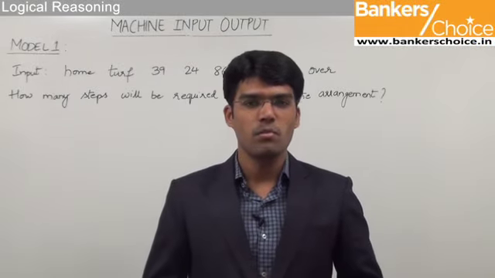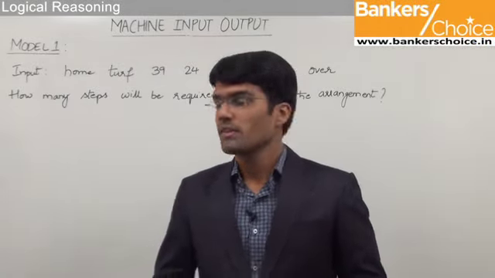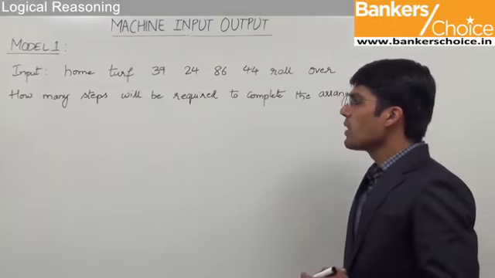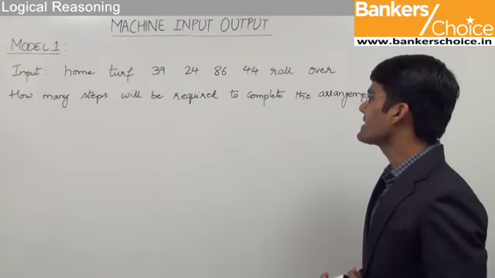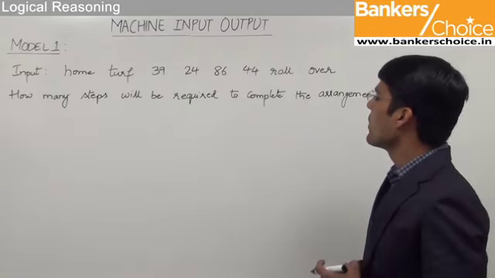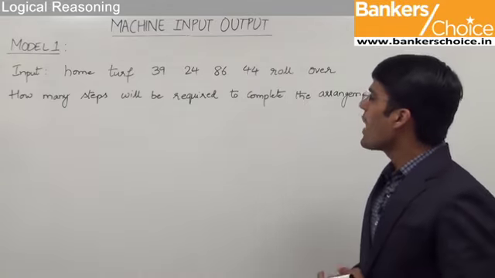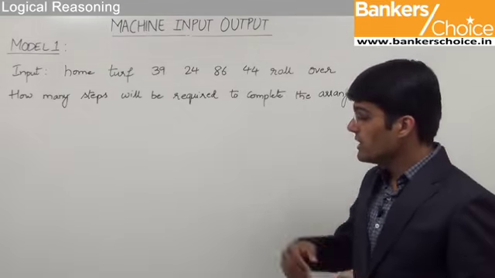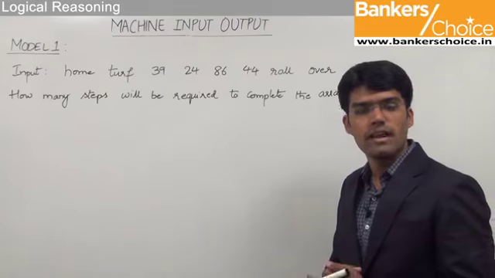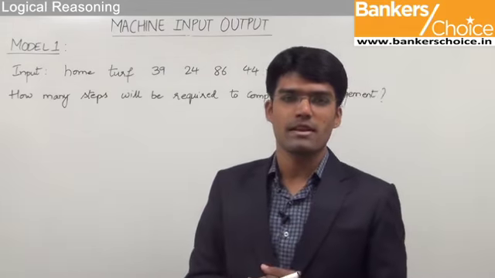Let us now take the first model from machine input output. Here the input is home, turf, 39, 24, 86, 44, roll over. And the question is, how many steps will be required to complete the arrangement? So we need to do the arrangement for the given input and find out the number of steps required to